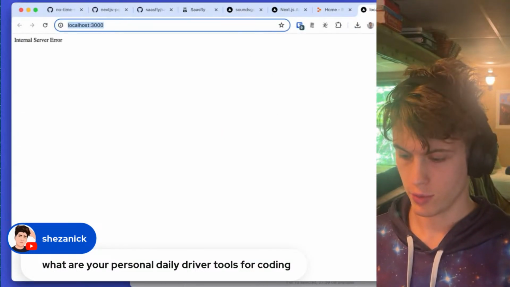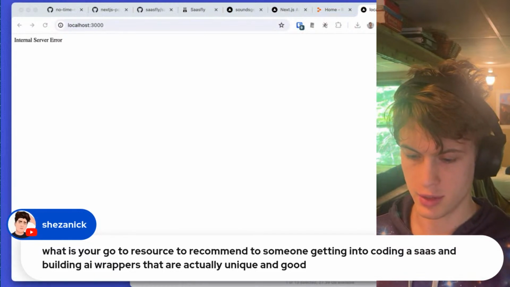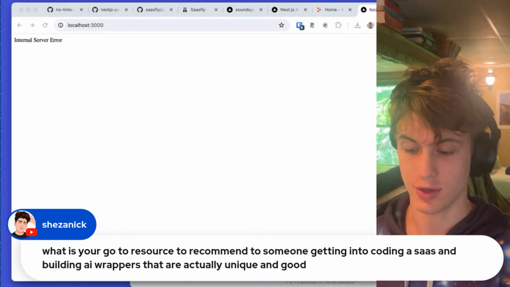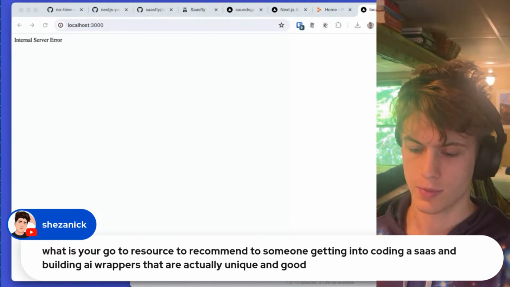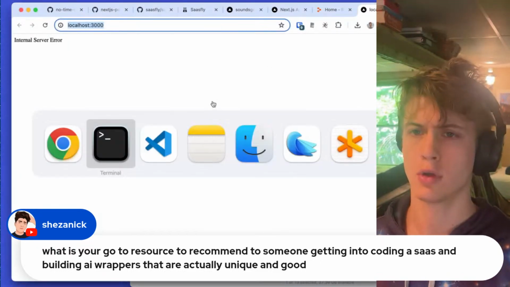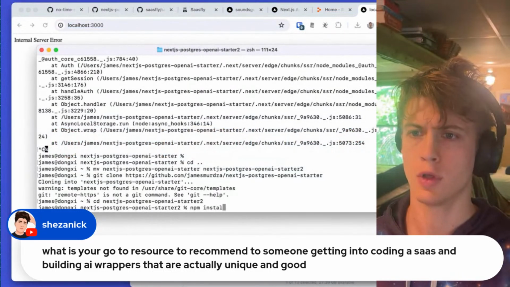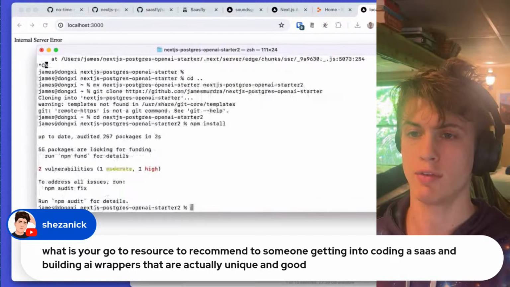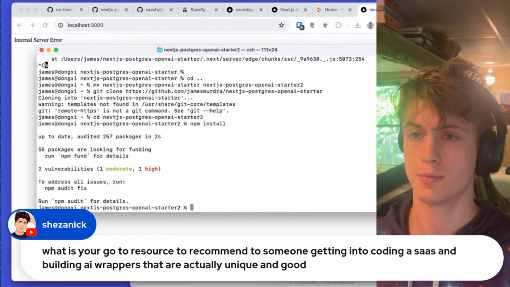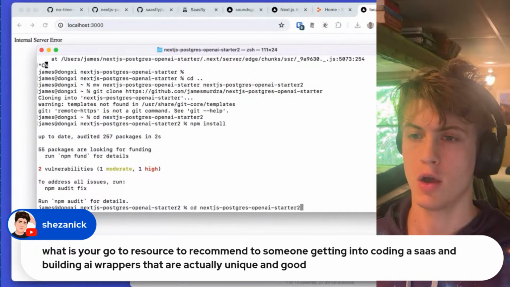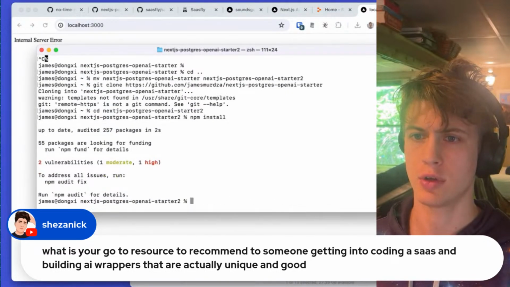Oh yeah, okay. Go-to resource to recommend someone getting into coding a SaaS and building AI wrappers that are actually unique and good. I mean, a lot of that is just about making a good UI, right? So I think if you want to have a SaaS where you're going to have sign up and ask people to pay money, I would say the one that I'm really interested in right now